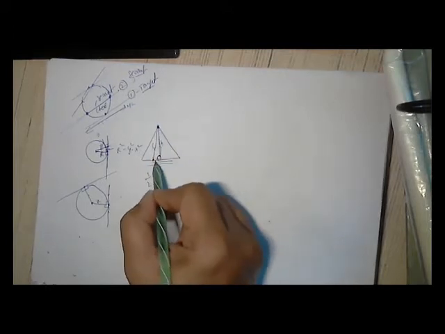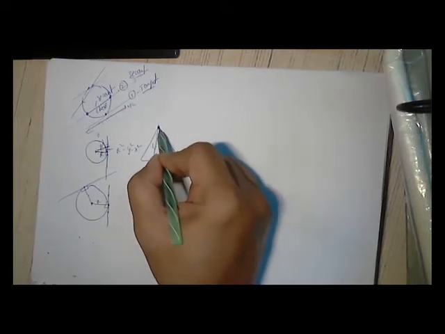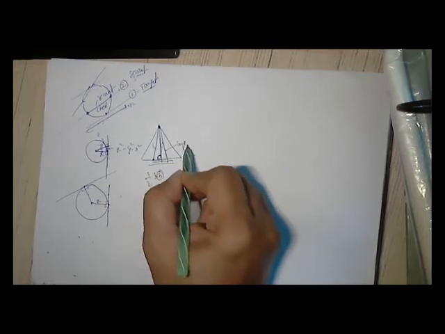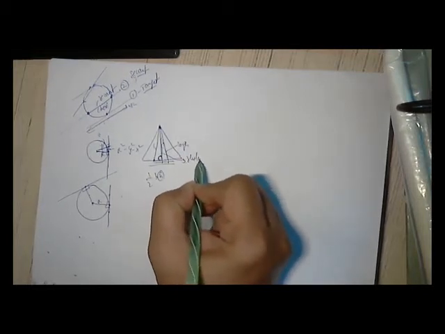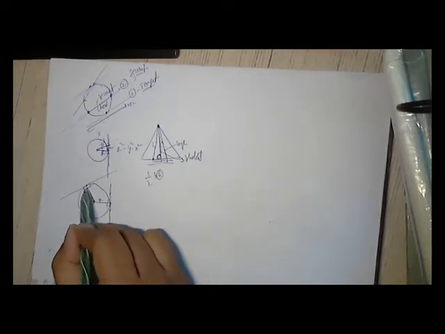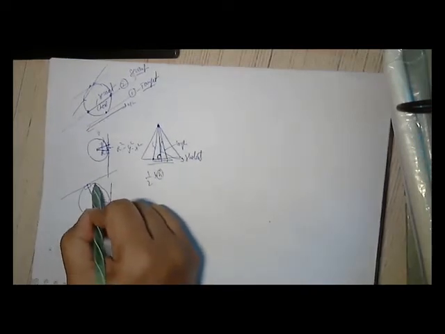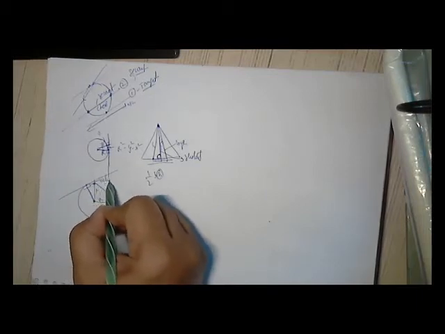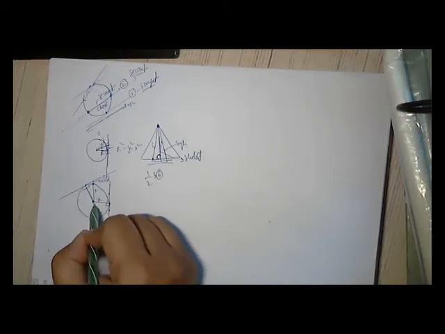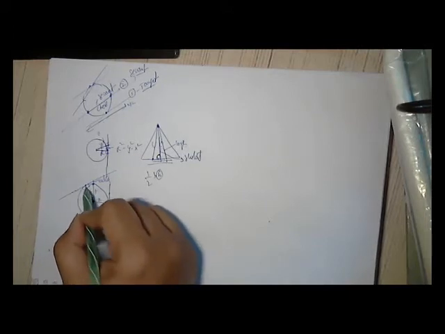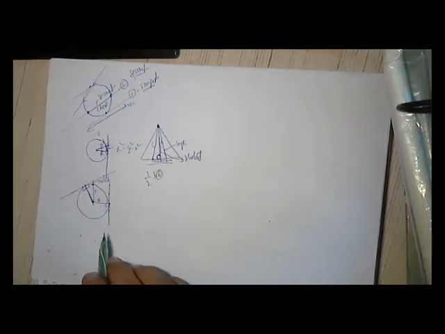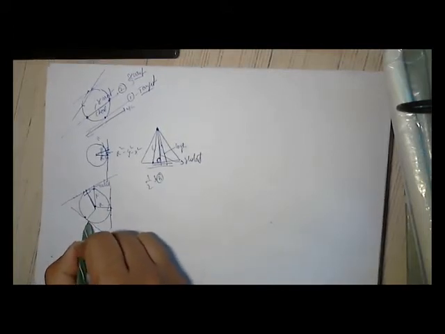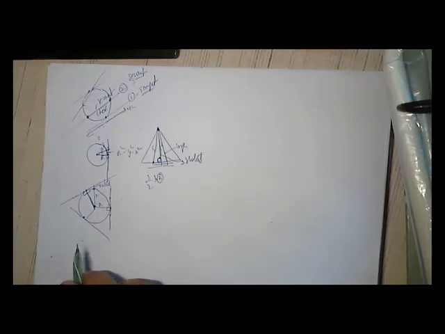The distance from this point to this is minimum. Any point other than this will have a longer distance. This is longer. This is shortest. So similarly here, R is shortest. If you go to any point beyond this, up to this it is R, and this is extra. So any other point is more than R. That means this is 90 degrees. So whenever I draw a tangent with R, it makes 90 degrees. Okay?